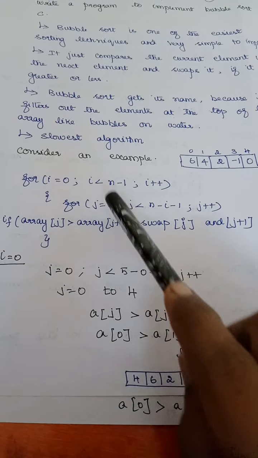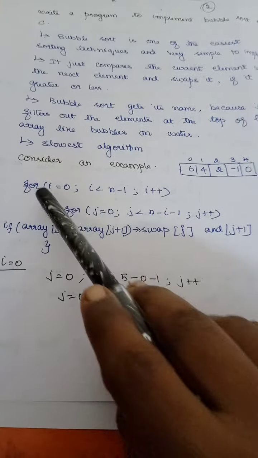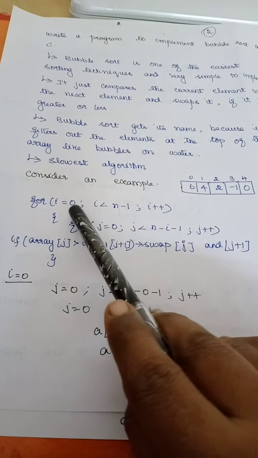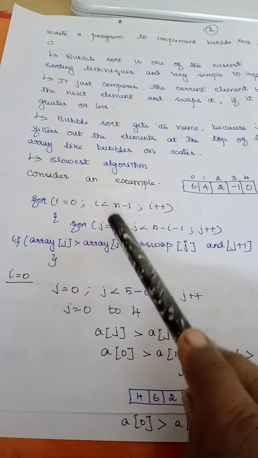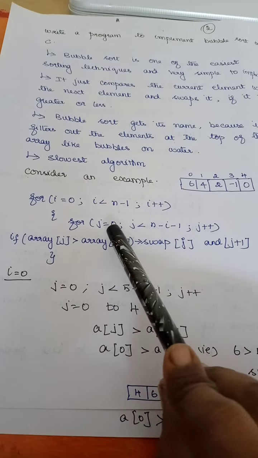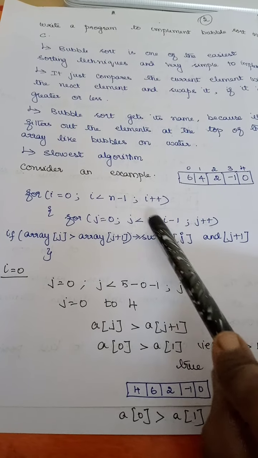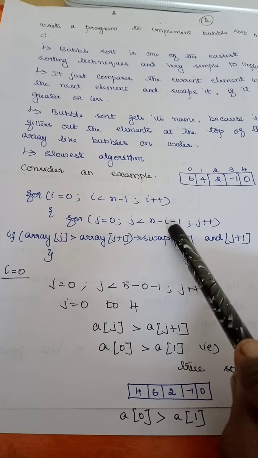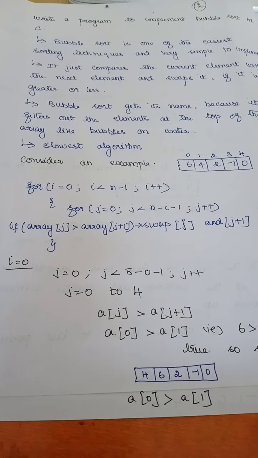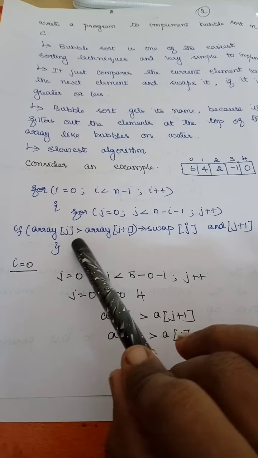So here I am going to use two for loops because I need to do the checking again and again. I'll have one main loop for i equal to 0, i less than n minus 1. So I need to do this for all the elements from 0 to n minus 1, right? Now I have one more for loop for j equal to 0. Here I am restricting from 0 till my i. So depending upon the i value, this will vary: j less than n minus i minus 1, right? First time, suppose I am newly starting the sorting process, then I'll have it like this. Okay, we'll move on to that with an example.